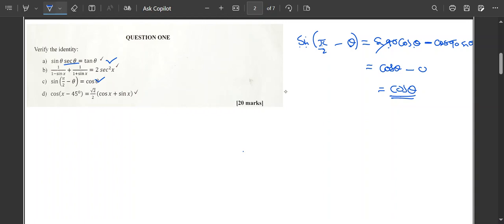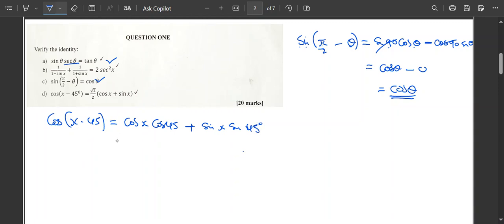So coming to this one now, this is the case of cos. For cos, whatever they give you inside there, this will be given by cos x minus 45. This can be any other angle. Okay, so how do we achieve this? You say cos x, again cos 45. Then minus, for cos now it changes to plus. That's what we do. So now it will be sine x sine 45